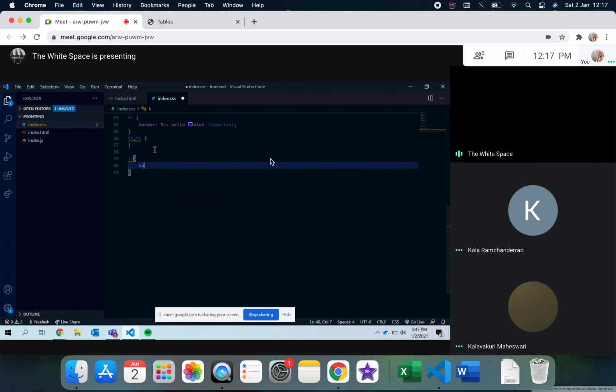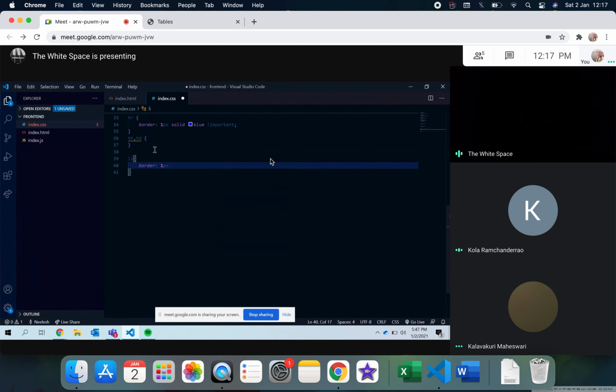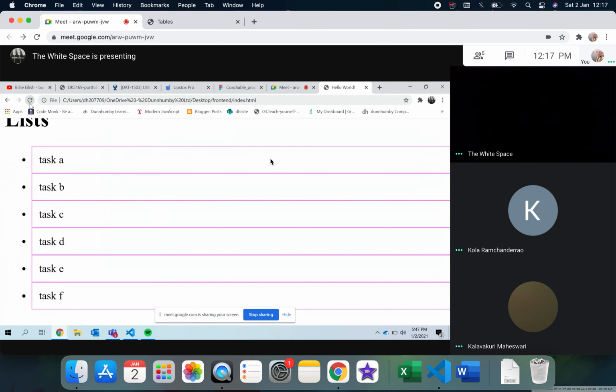Li, and I'm giving it a border of 1 pixel, and padding pixels. So look, that's how it